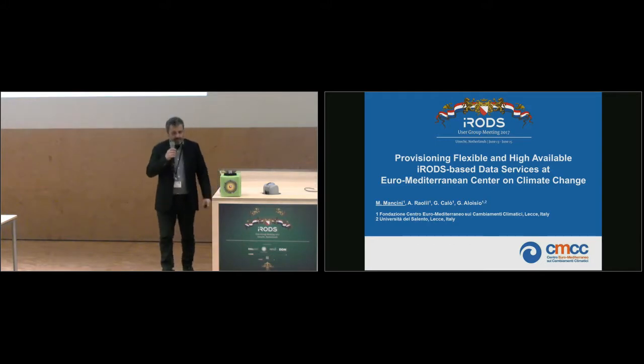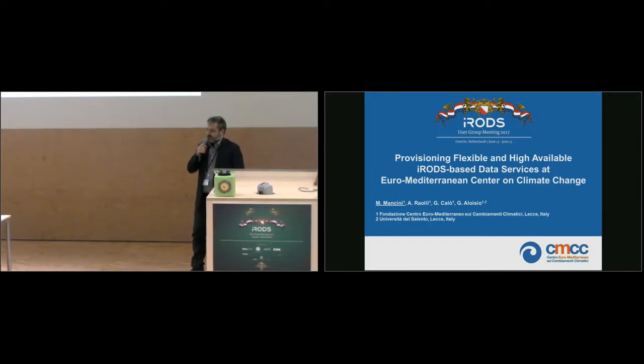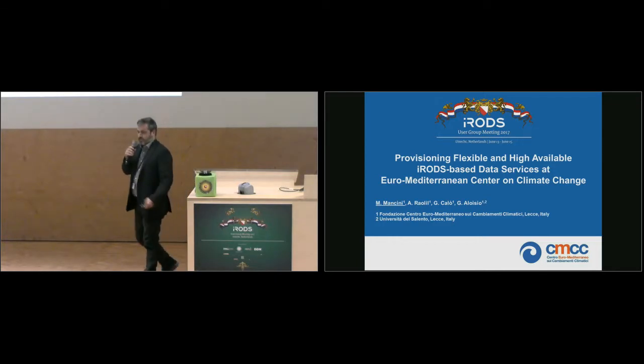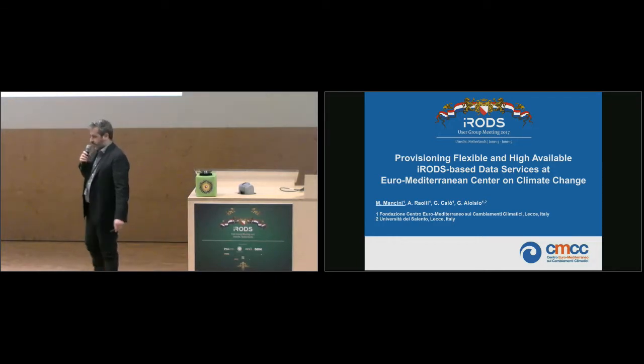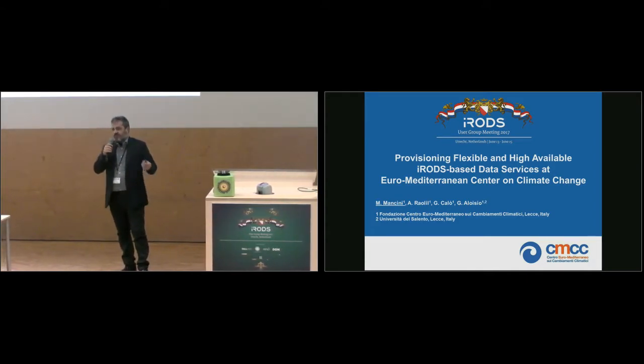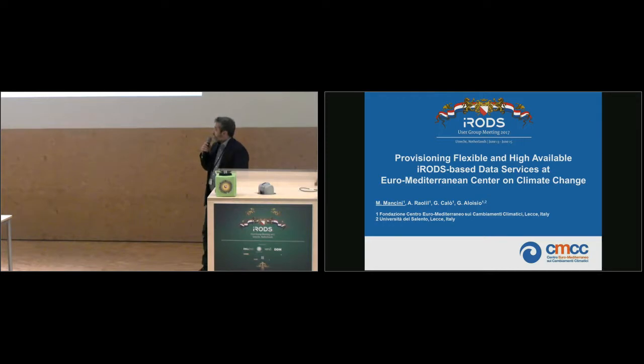The CMCC has 8 research divisions. Its focus is mainly on climate change, but it is a multidisciplinary institution. It's a consortium of different public institutions in Italy, from the National Institute of Geophysics and Volcanology to the University of Salento, Politecnico of Milan, University of Sassari, Viterbo, and so on. So today we'll speak about a platform that we are trying to develop in order to provide iRODS-based data services